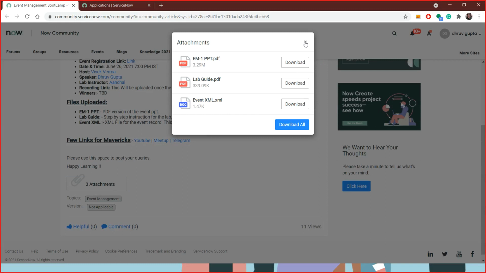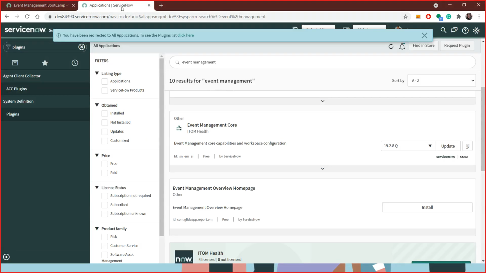I have a question for you. Let's say for a customer you are implementing event management, and consider they have multiple event management tools, like SolarWinds, Nagios, and so on, and they are available as connectors in ServiceNow.